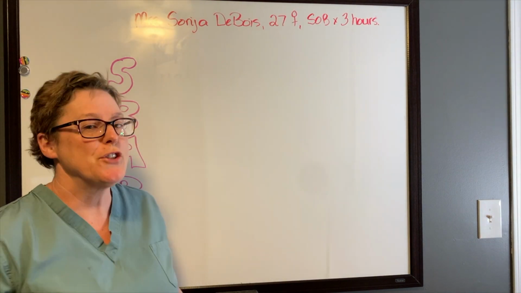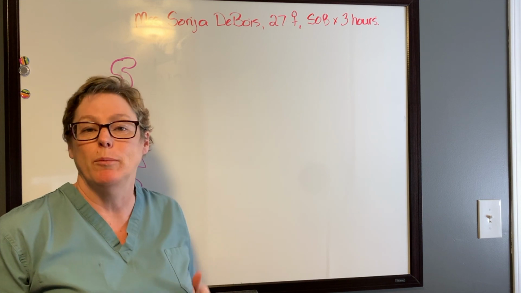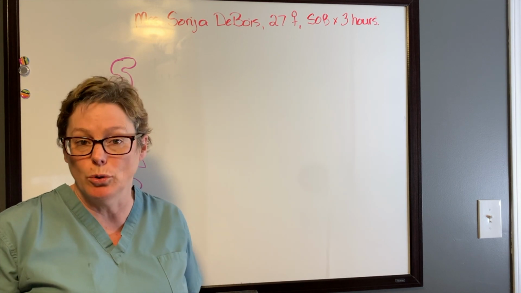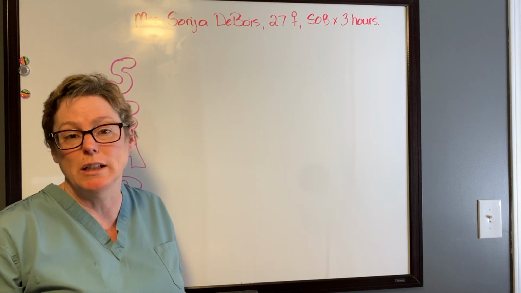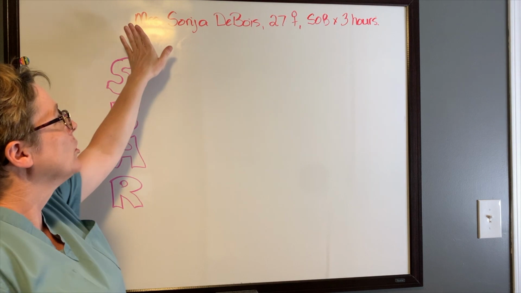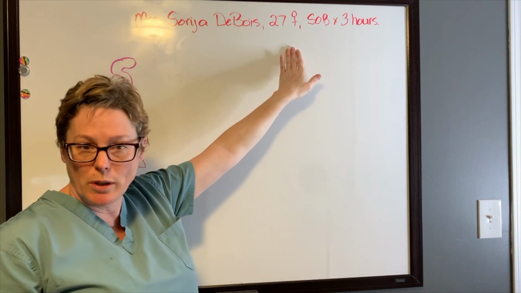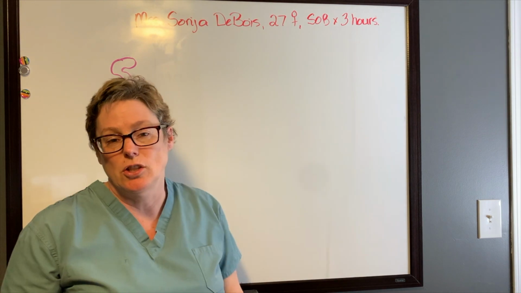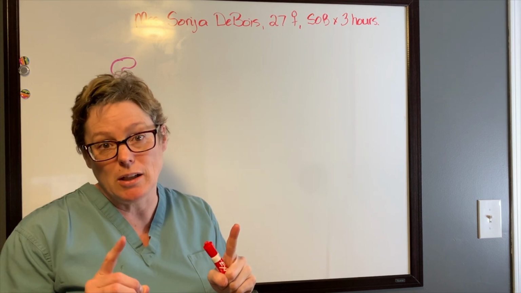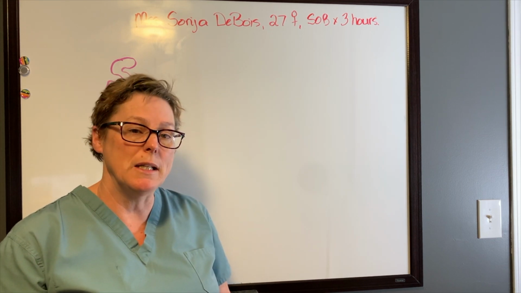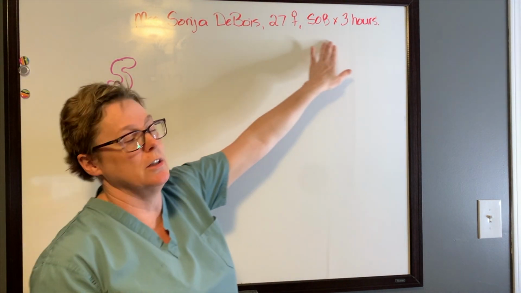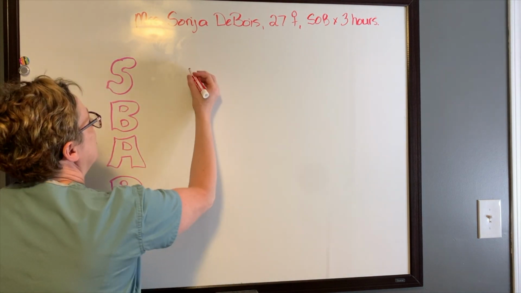So let's do the SBAR on maybe something a little bit more acute, in that you haven't known this patient for a few days, but in fact, this is a new patient to your floor, to your emergency department, to your unit, or that you see in the community and you just walked in and this is the story that you get. We're looking at Mrs. Sonia Dubois. We know she's 27 years old and you walk in and she's now been complaining of feeling short of breath for 3 hours. So we can't SBAR yet because we need to do our assessment and do a little bit of digging around. So remember, S is for situation. The situation is she's been short of breath for 3 hours.